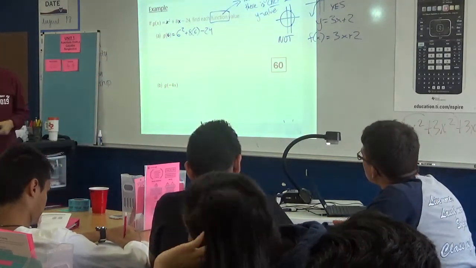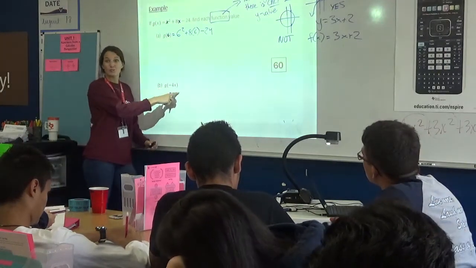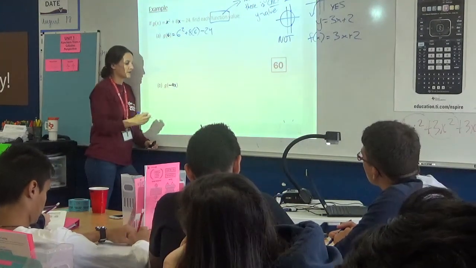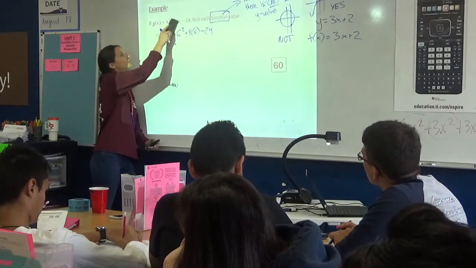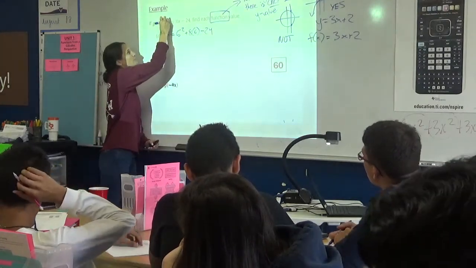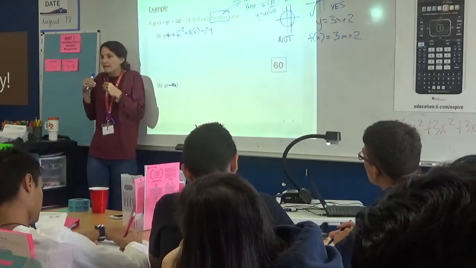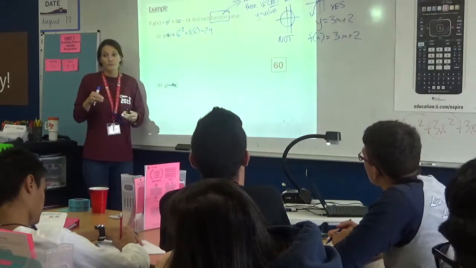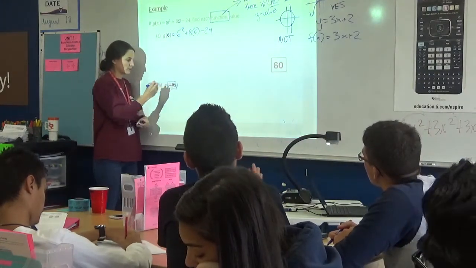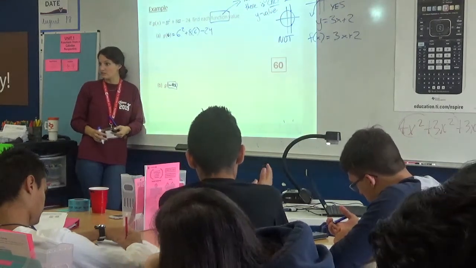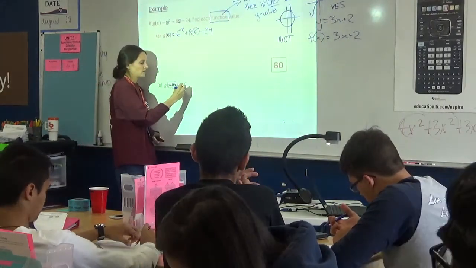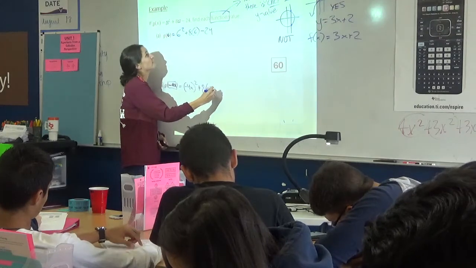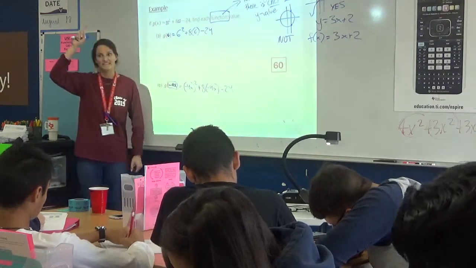Let's move on to this one. What happens when you have not just a number, but you have an expression inside? You're taking g of negative 4x. It's a little confusing when they're both x, so it might help you to think about this more as, I'm going to draw a box instead. This is something squared plus 8 times something minus 24. What is that something? We're going to put negative 4x in both of those boxes. Okay? So we're going to say negative 4x squared plus 8 times negative 4x minus 24. Now, very important